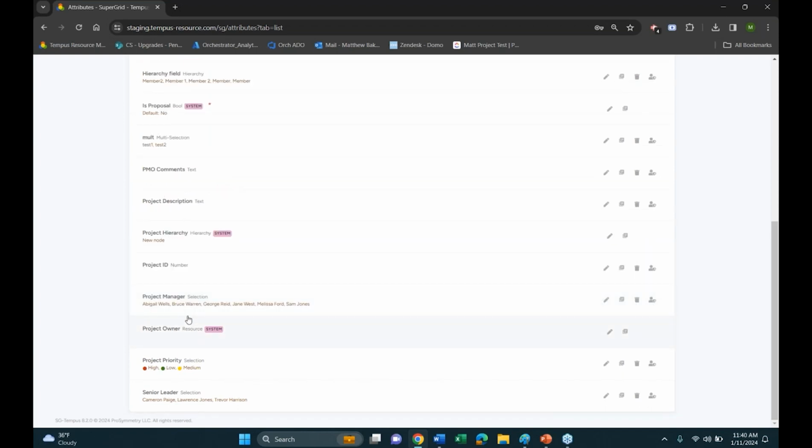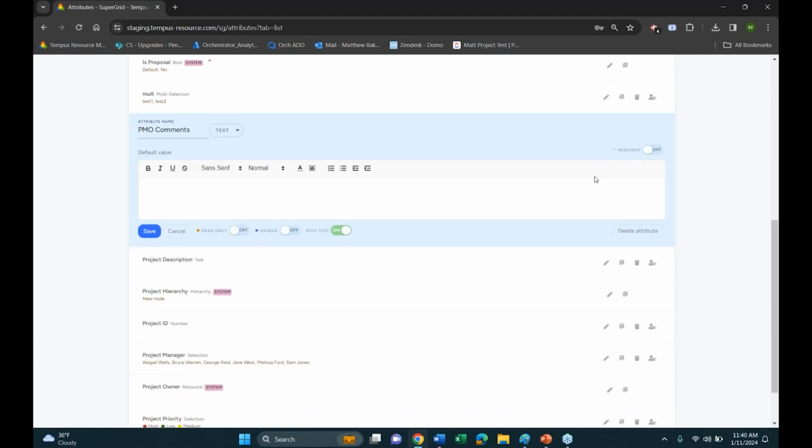And then additionally, the last option that we have updated on the attribute side of things comes with the rich text fields. So in 8.1, we did introduce rich text fields, and we're just improving upon some of the options within here. And to very quickly go over that, we have added the option for bulleted lists. We also have numbered lists if you'd like. We have the ability to indent and outdent some of that information,